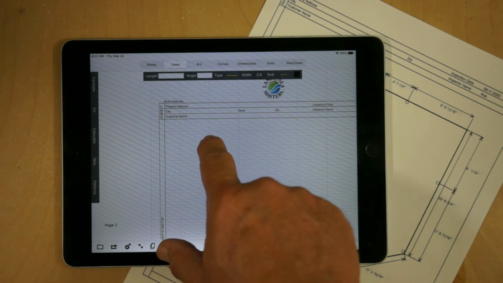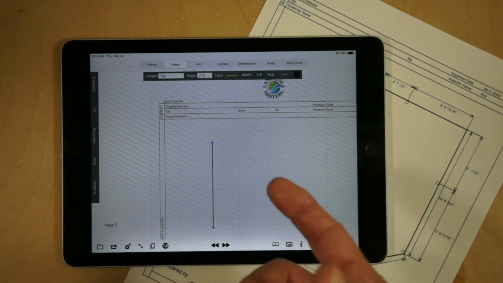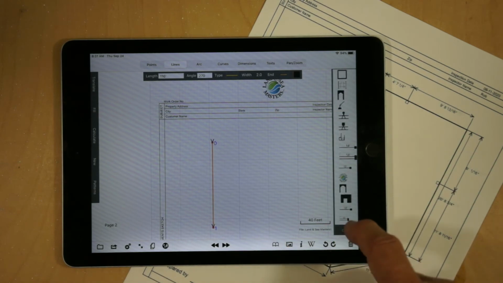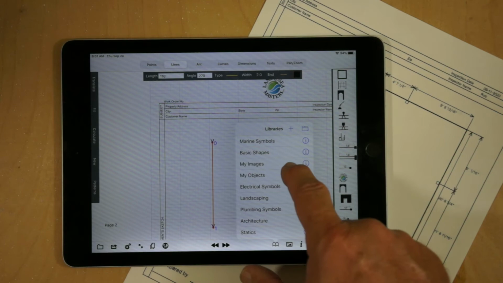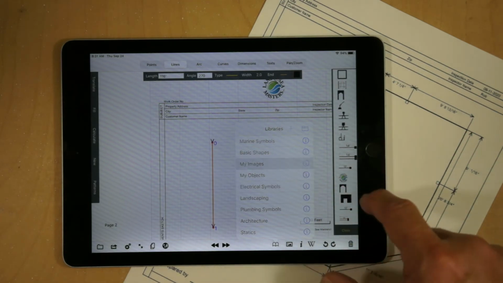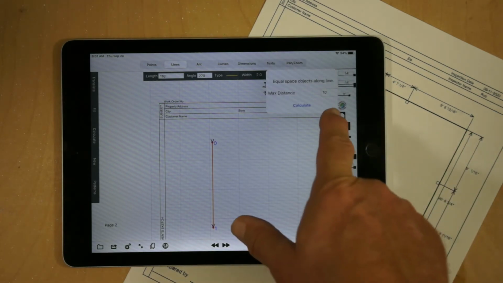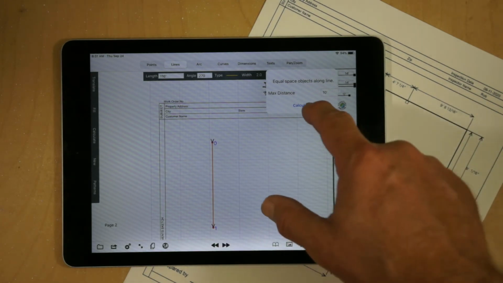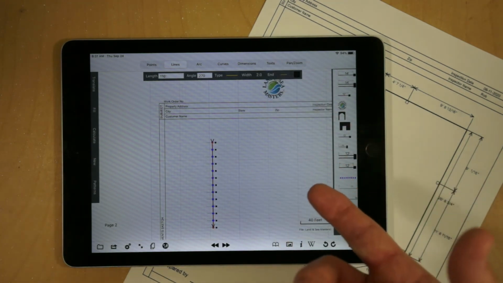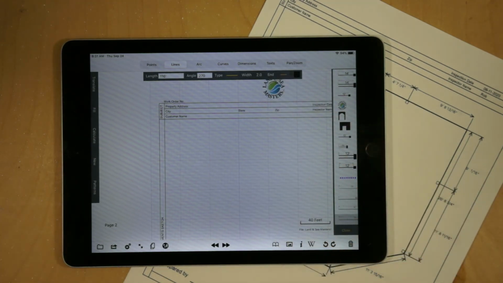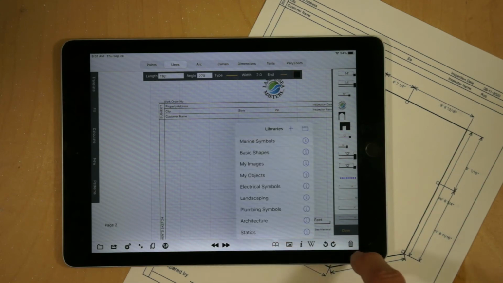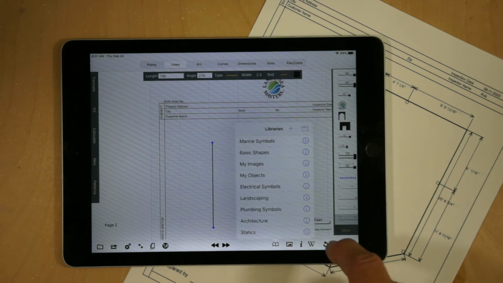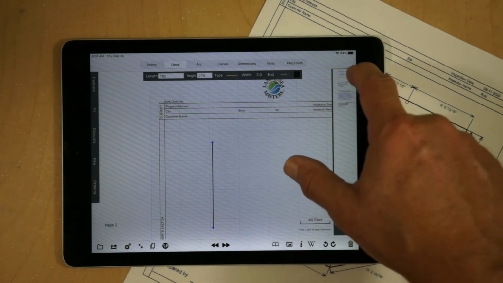And what I'm going to do is simulate having about 116 linear feet of seawall. I'm going to select the line, and then I have to go to my new images and go to that image that I just created. I can estimate equal spacing, not more than 10 feet apart, calculate. It's now applied all the units I wanted to. And let me go back, because what I really want to do, go to lines, and then I want to add a table. So if I add a table,